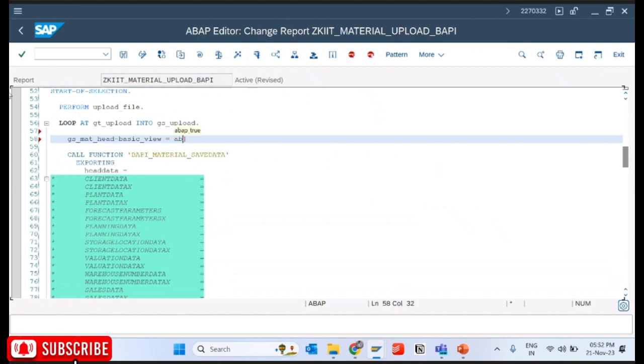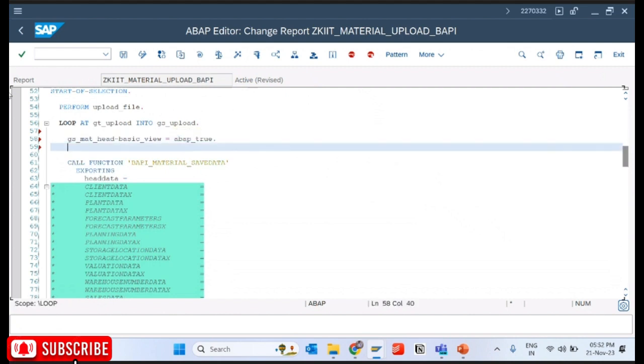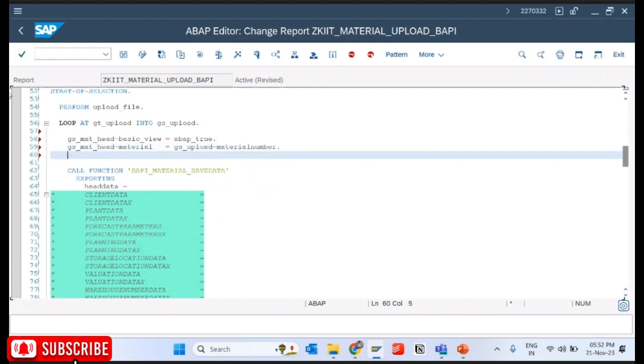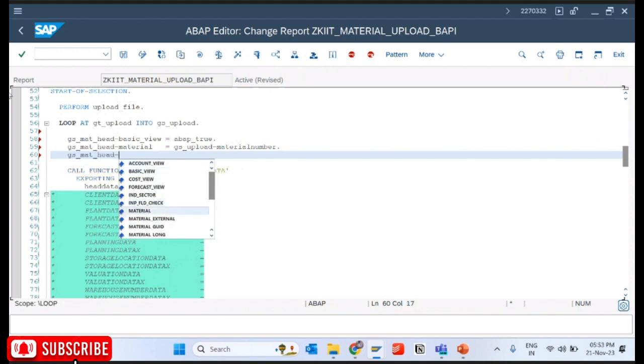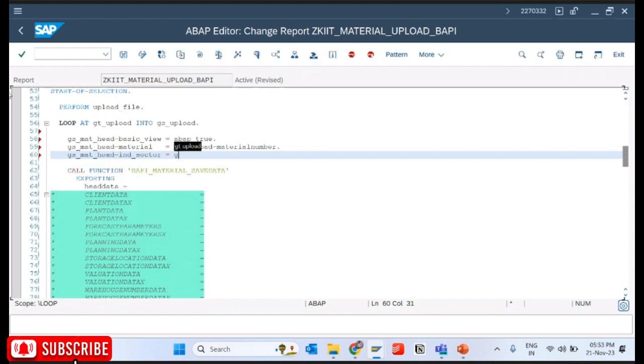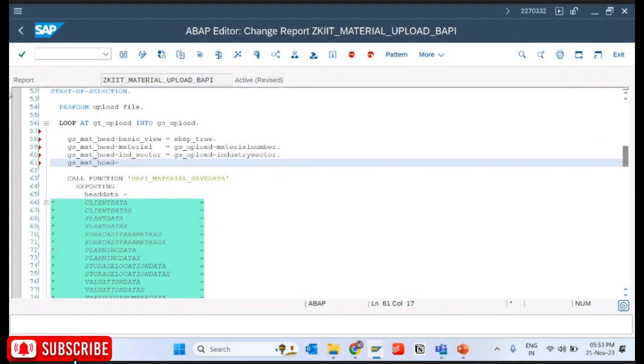Yes, I need the data in the basic view. ABAP to material head and material number. GS head material number equals GS upload material number, GS head industry sector, GS upload industry sector,